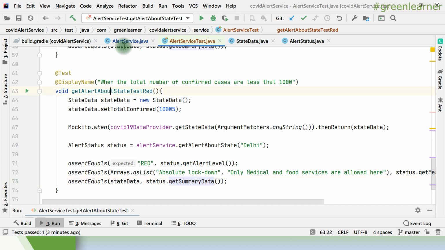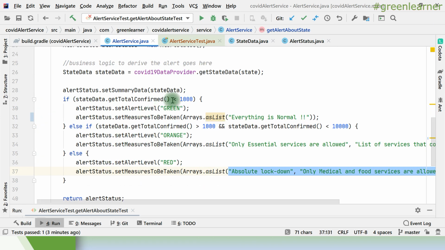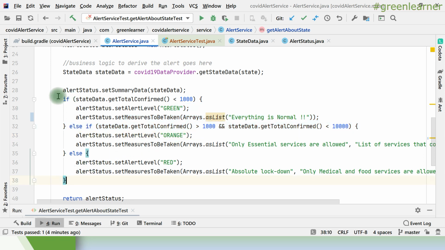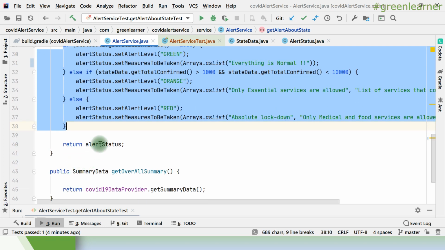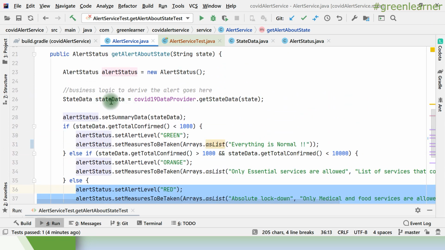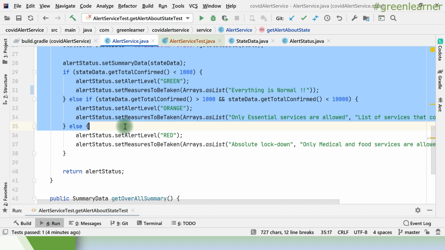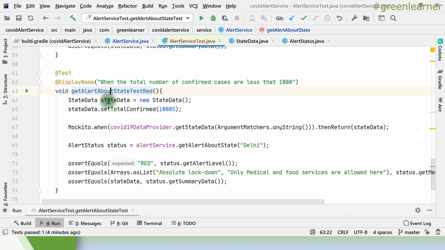So we have tested all the cases here about the green, orange and red, right? So these are the three business logics that are coming here, and being written, alert is stated. So we are covering all the scenarios, so the coverage will be 100%. So all the blocks, all the possible conditions that are there under this method, we have written the test for those, right?